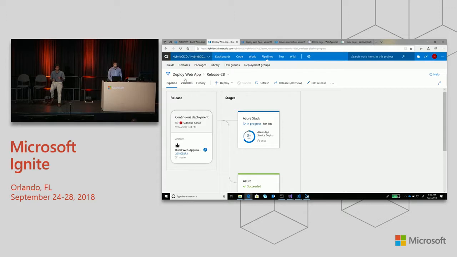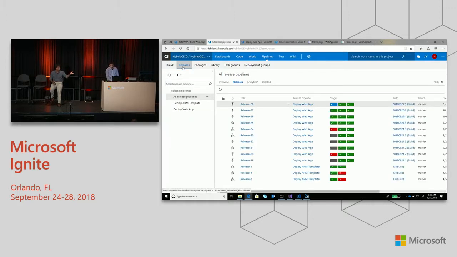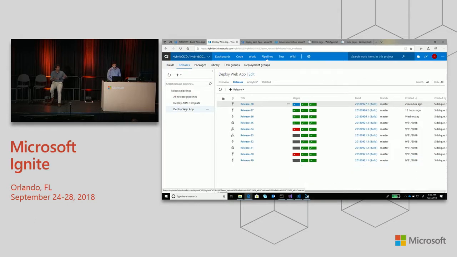What Siddiq is showing you here is you can have multiple pre-prod environments should you decide that is how you want to go. Like if you're doing a user acceptance or some kind of pre-production testing or you're doing it on multiple regions of Azure Stack, you can simultaneously send the builds to multiple environments as well. Once you've validated them, then you can sequence your other environments, fully automatable across all cloud environments.